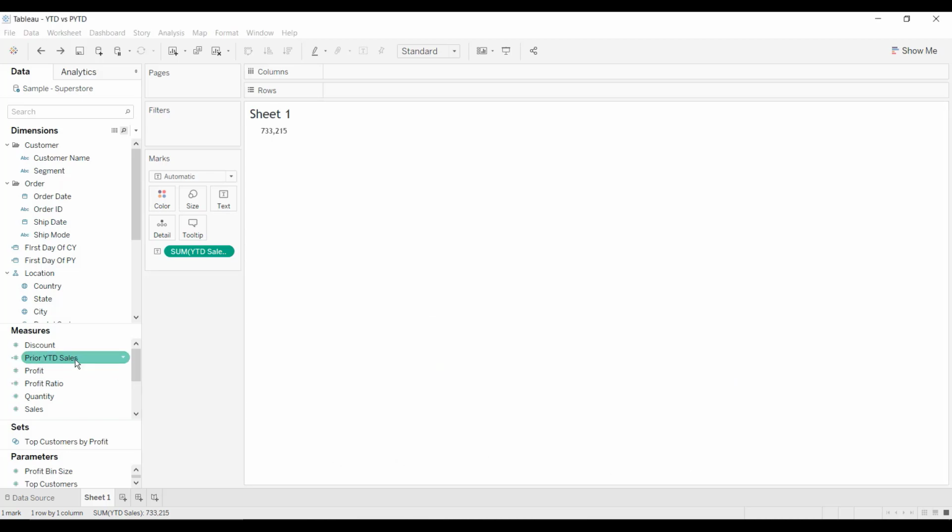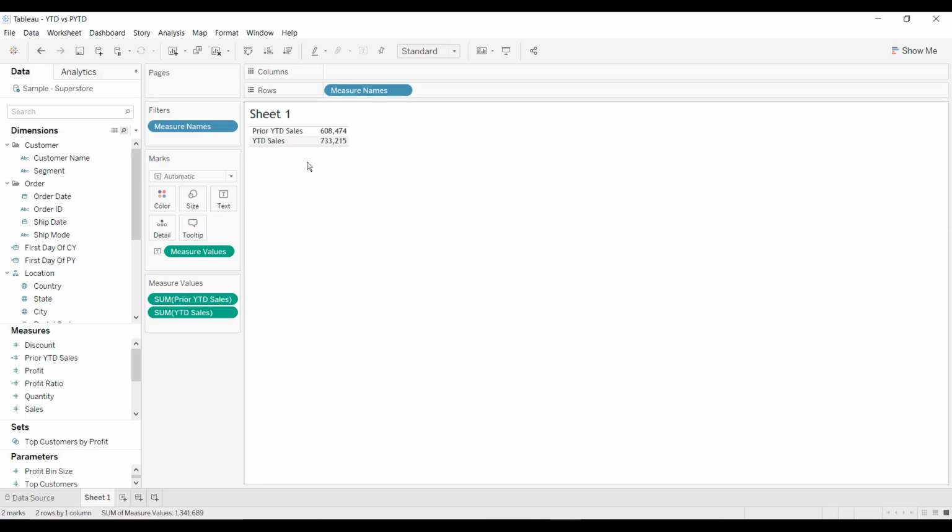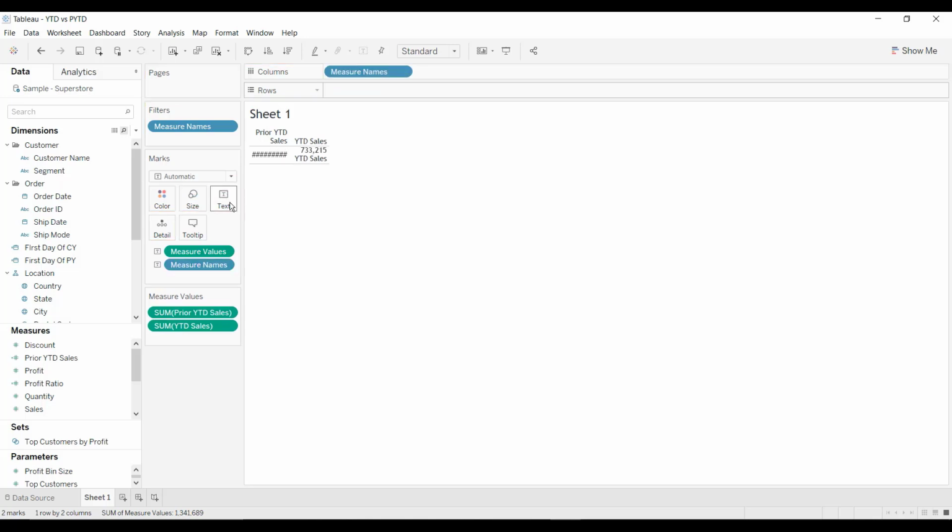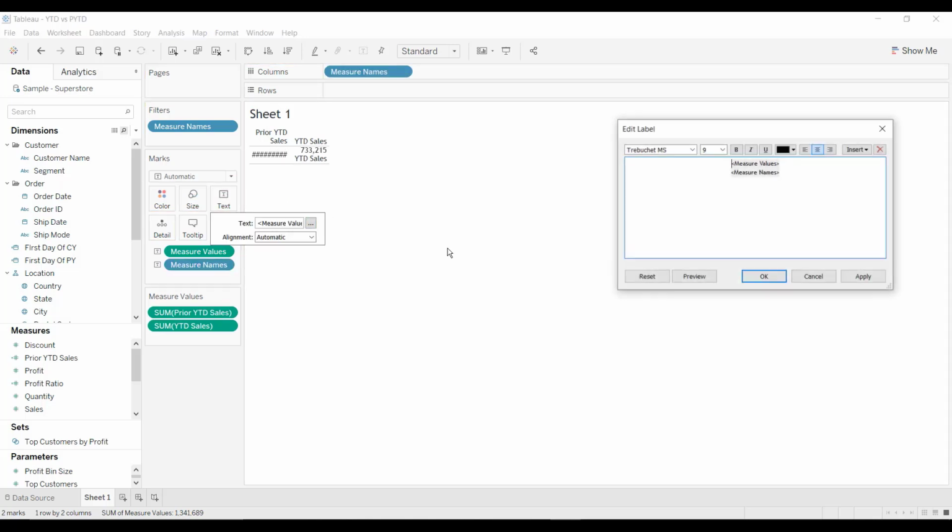Just double click on prior year till date sales, pull it to columns, and I want to pull it into text as well. Now let me do some formatting. Let me increase its size to 20, make it bold, and this one I want to decrease its size by 8, and I just want to make use of light colors for that.